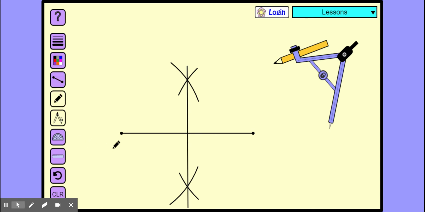Now, finally, you can label your line. Now, if this is the line given, A, B, if you take a protractor and measure, you'll see this is 90 degrees. This is your perpendicular bisector. You can name it as L, M, and this is the point of intersection P. So this is how you draw a perpendicular bisector.